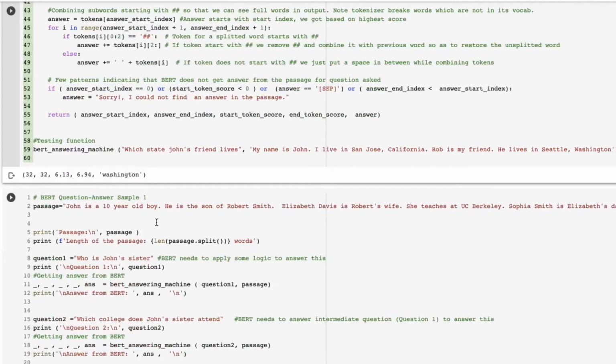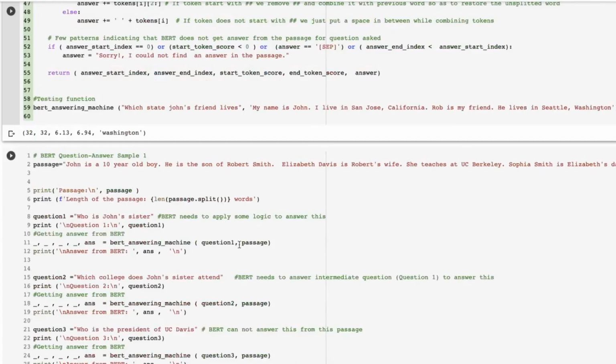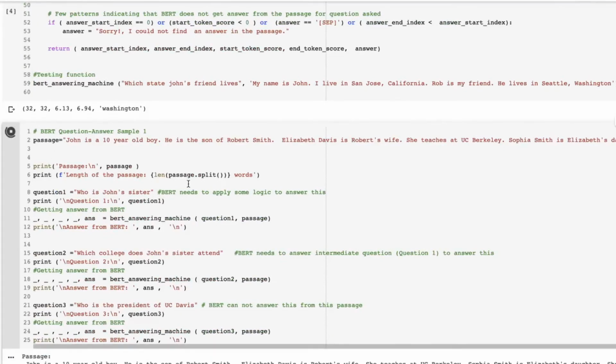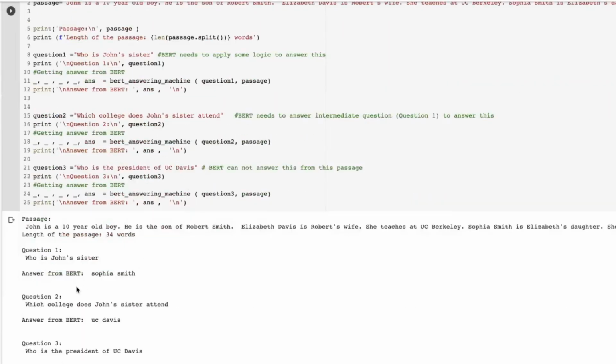This is the first example I already talked about when I was talking about the Medium article. But if you see here, I had put an additional question, who is John's sister? Okay, so let me run this code first. Okay, so it gives the answer Sophia Smith as John's sister, right?